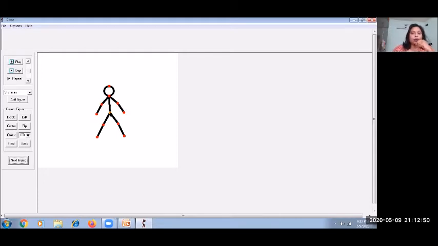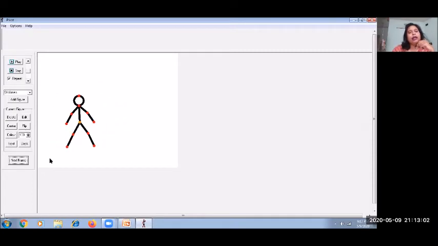Now I want to make it walk or do some exercise. How will we do it? To do it, we need to have some frames. What are these frames? While you see any animation, you see the cartoon is moving. How does it move?